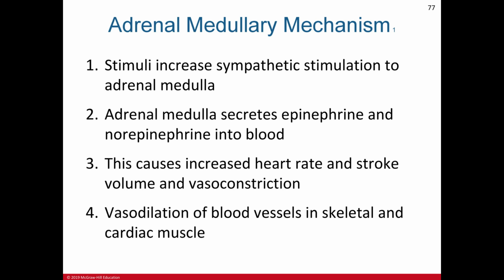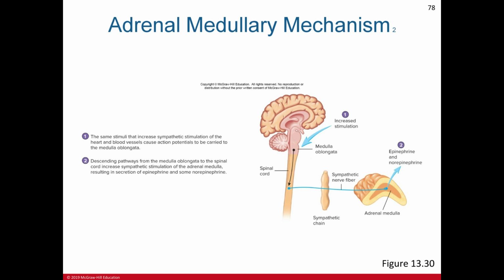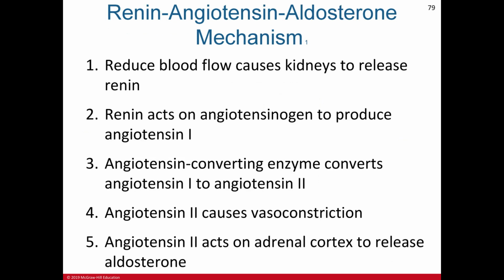So after the adrenal medulla is stimulated by an action potential from your sympathetic nervous system, how does it help in controlling the blood flow? So first, the stimuli increase the sympathetic stimulation to the adrenal medulla. And then the adrenal medulla secretes epinephrine or adrenaline and norepinephrine or noradrenaline into the blood. This causes an increase in heart rate and stroke volume and vasoconstriction. So vasodilation of blood vessels in skeletal and cardiac muscle. So how about the